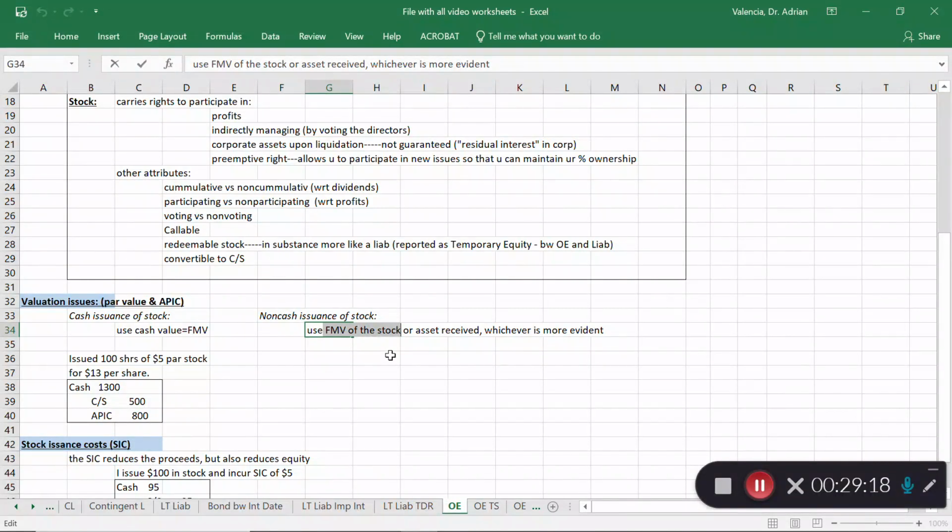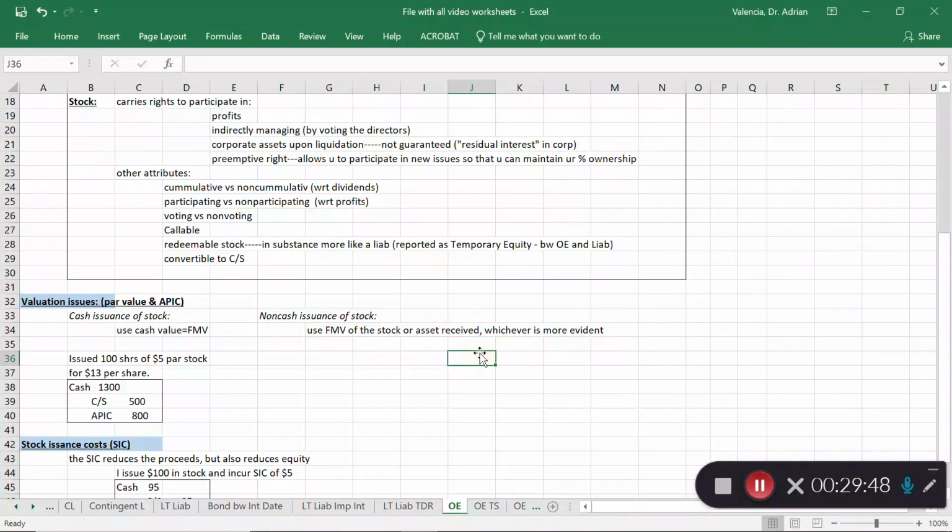If it's not, let's say those stocks are not traded on an exchange, then at that point it's harder to determine what the worth of those stocks is, right? It might be easier to get an appraisal of what that machinery is worth. And if we could get an appraiser to do that or something similar, then we say, okay, the value of the exchange is not necessarily whatever worth we assign to the stock, it's whatever worth we assign to the asset received.